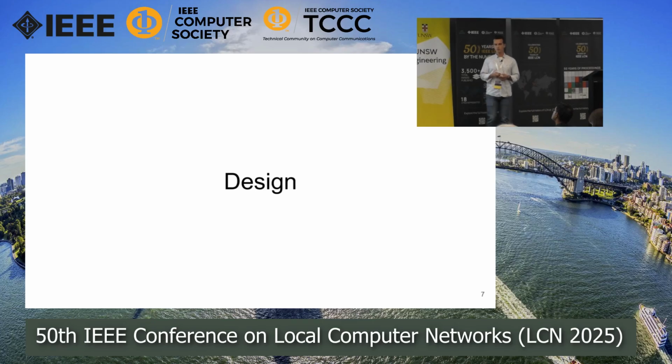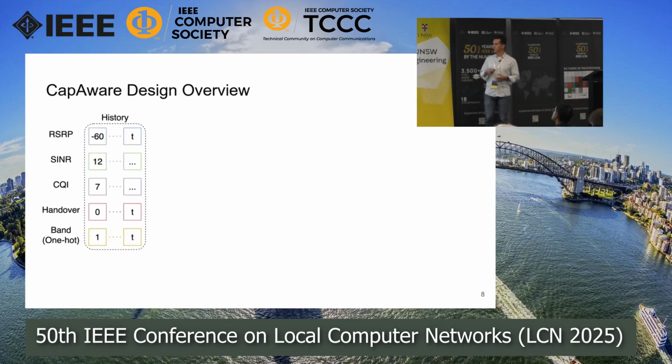Okay, let's start with our design. I mentioned briefly at the beginning that we are relying on some features, but what are these features? For example, on the top, we have features coming from the signal strength, maybe traditional features that you can find, like signal-to-noise ratio. This could be channel quality indicator. This could be RSRP. But at the same time, we are also relying on previous handover information as an input, as well as band information in a one-hot encoded way. If you think about the band information for a second, this could be the N28 band that you are using, maybe N3 or N78. So this could be low band or mid band.